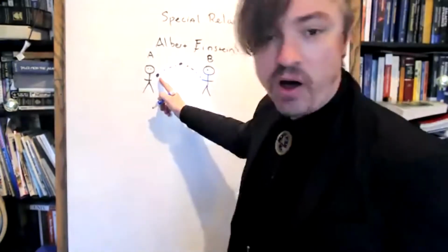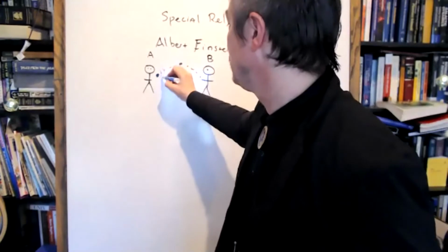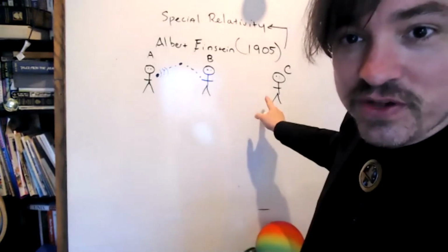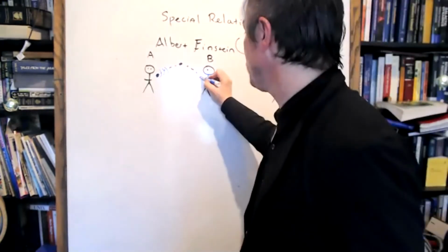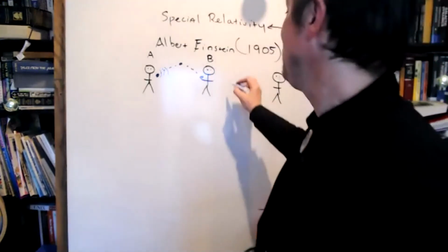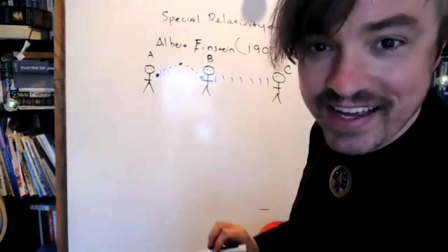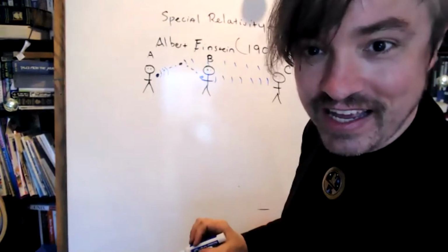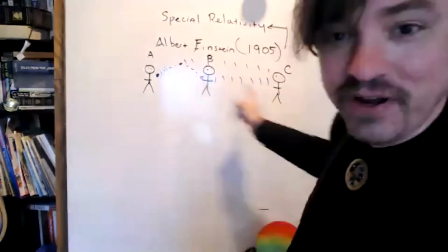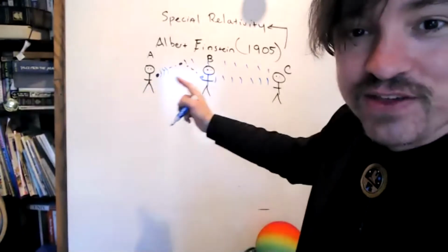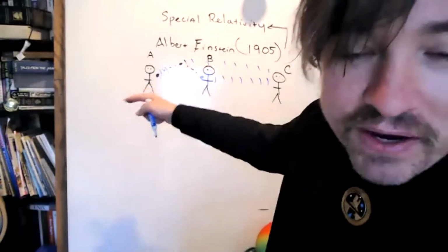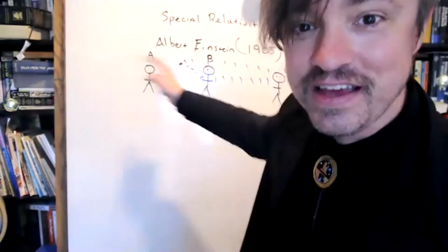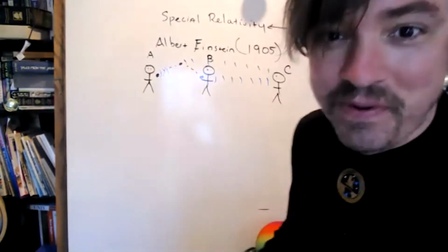Well, A would throw the ball, but the light from it would actually move slower than the ball did. Since observer B is closer to C, first, the ball would seem to be caught by observer B, and the light from the catch would reach C. Then the light from it traveling through the air would reach C. And at last, the light of it being thrown would reach C. So if you could throw a ball faster than the speed of light, the whole thing would appear to run in reverse according to observer C. Time would appear to run backwards because you'd see the ball being caught before you saw the ball being thrown.